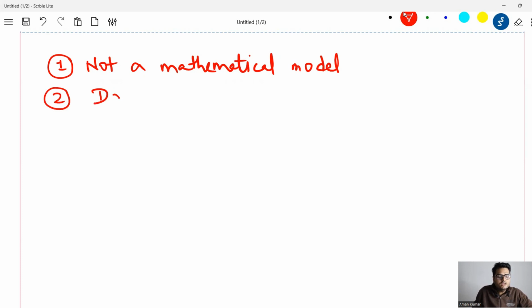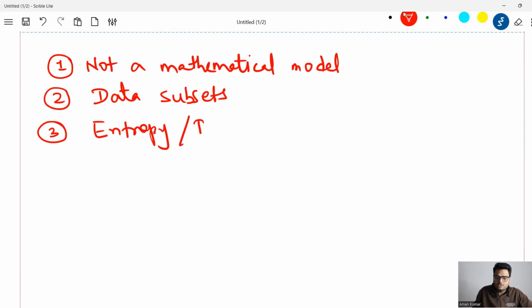This is basically creating data subsets based on various if-else conditions and then trying to learn the pattern of the data. Okay. The third thing that you have to explain to answer this is the entropy concept and the information gain concept. Okay, I'm sure you are aware of these concepts. Fourth, you have to explain the GINI or GINI index. Okay, if somebody asks you how a decision tree works, I'm telling you what you should explain.